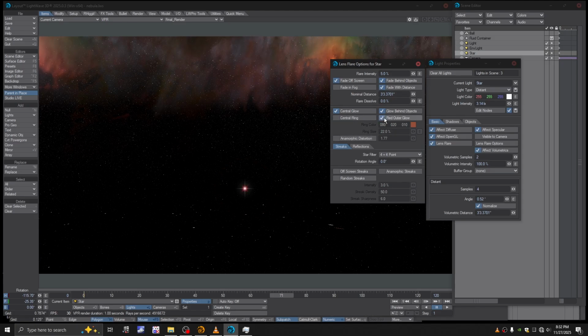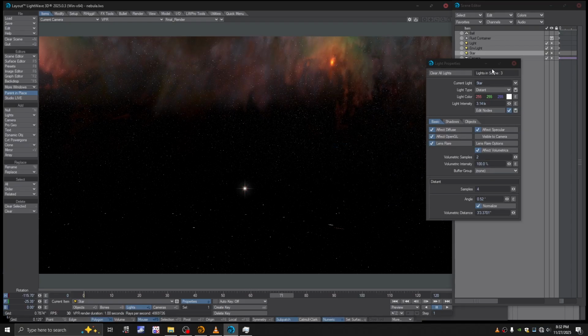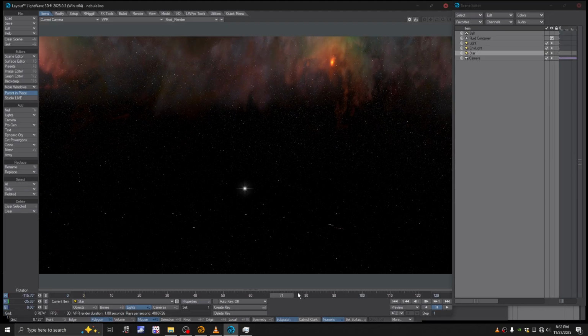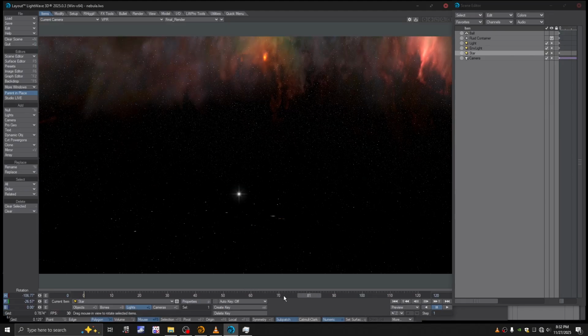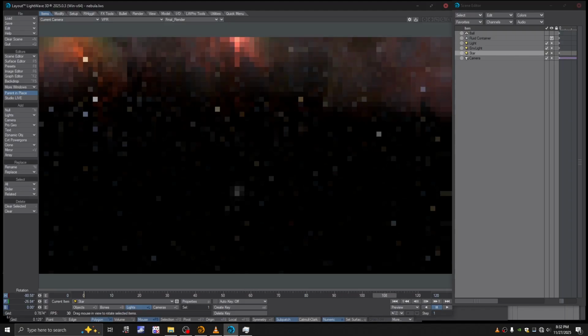This is what the red outer glow is. It's kind of nice, but I'm going for this look right here. So, I don't know what this looks like. A little bit of distortion here along this axis. Anyways,